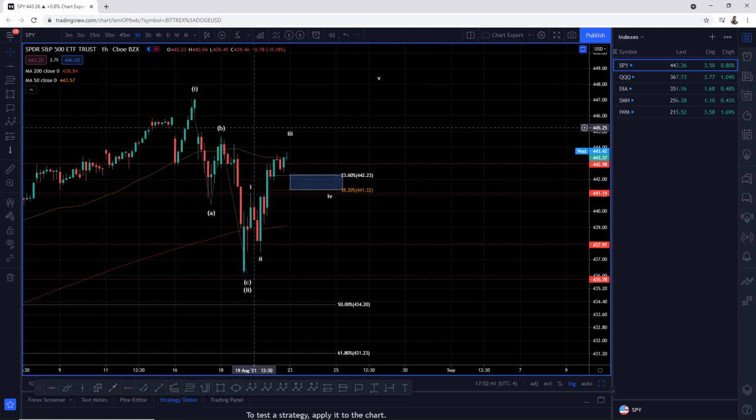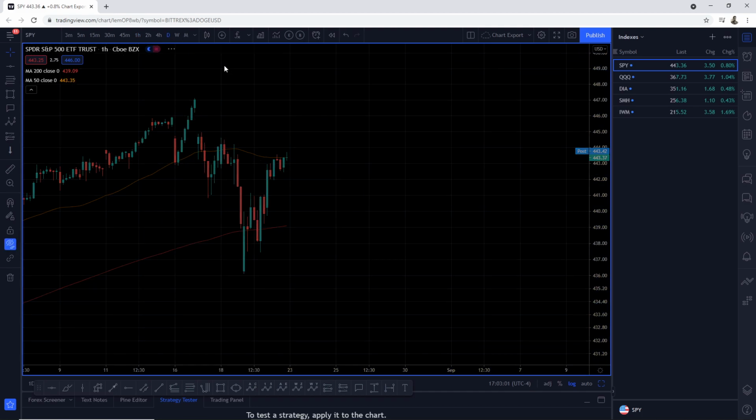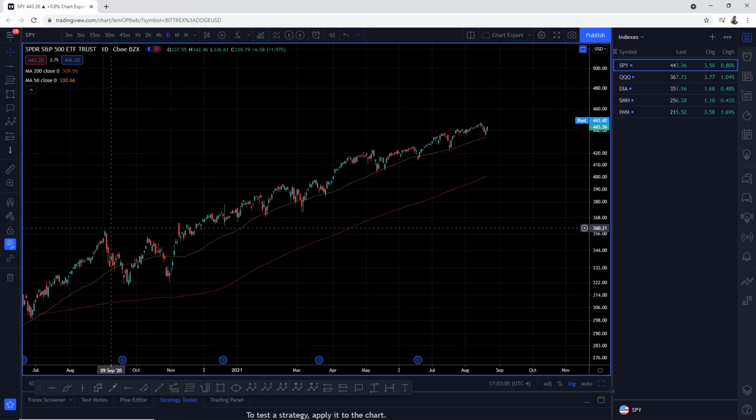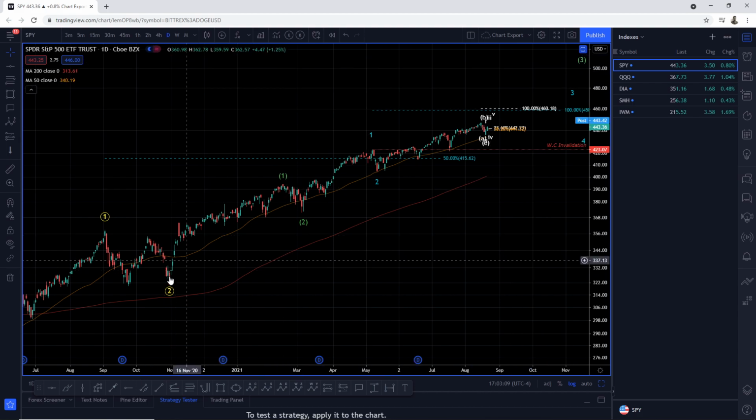All right, guys, so I hope that this whole little structure here is clear coming into next week. These two zones are critical for us to watch. If we can break above the fib levels that I noted prior to doing these, then consider the fact that wave 2 is still ongoing. Okay, I'm going to turn off these labels and go on to the daily time frame. Remember, we're still looking, actually, let me turn on those labels again so that you can see. Okay, we're still looking for a wave 3 to head on higher in the primary degree in this interpretation.